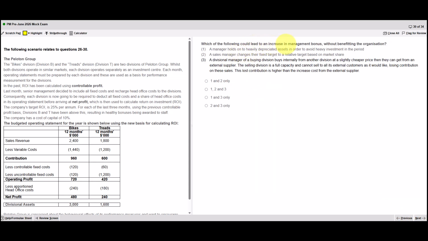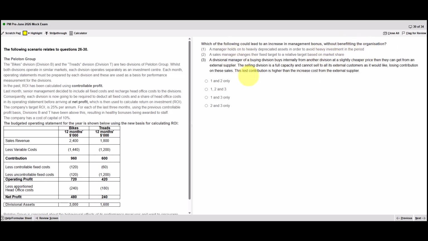Which of the following could lead to an increase in management bonus without benefiting the organisation? Option 1, manager holds on to heavily depreciated assets in order to avoid heavy investment in the period. This is one of the ways that managers can increase their bonus because it reduces the assets, reduces the capital employed, which increases ROI and also increases RI. But they're more likely to break down, perhaps higher running costs, higher maintenance costs, and so